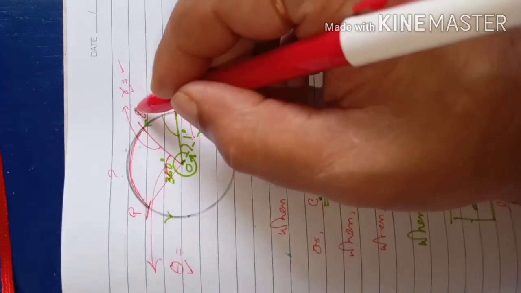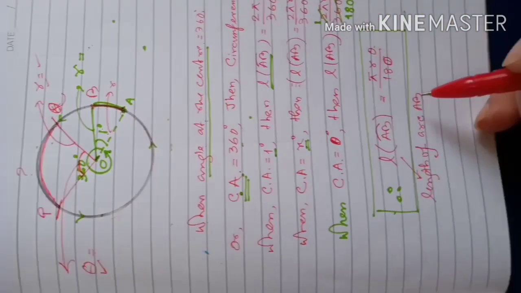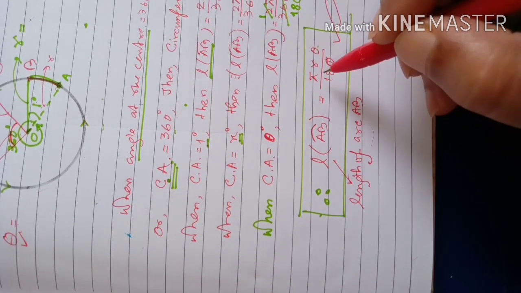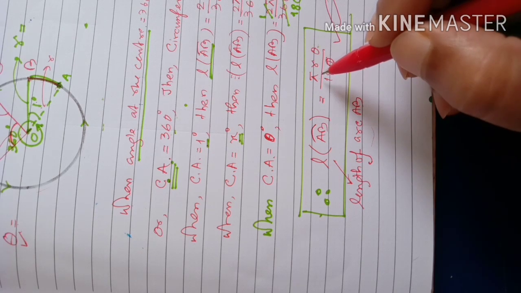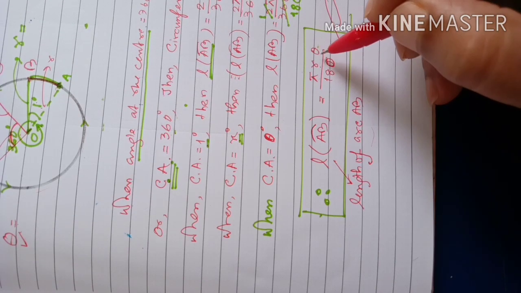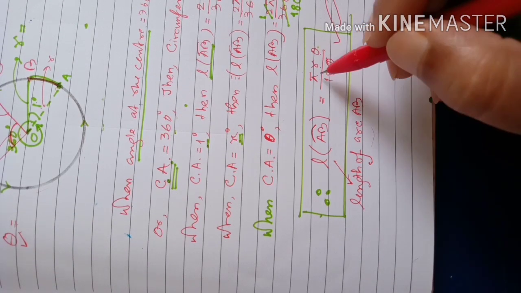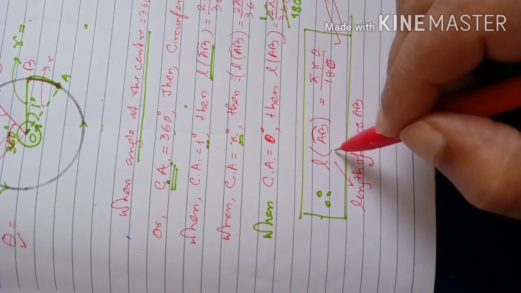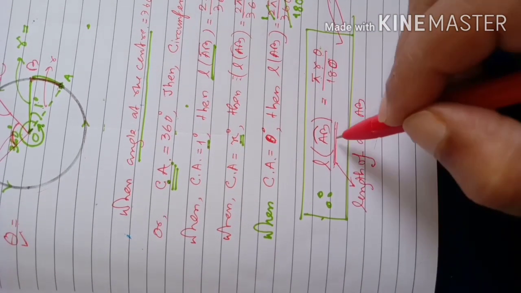Then you can easily say by using this formula, you put the value of pi 22/7, it will be told in the question, or 3.14 if it is said in the question. Then value of radius r, then theta, the angle subtended at the center. These three numbers you multiply, and that product you divide by 180. That will tell you the length of the arc, whatever the name of the arc.